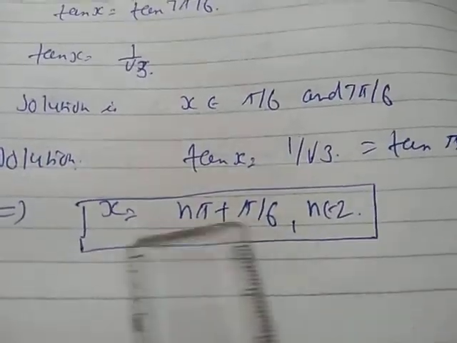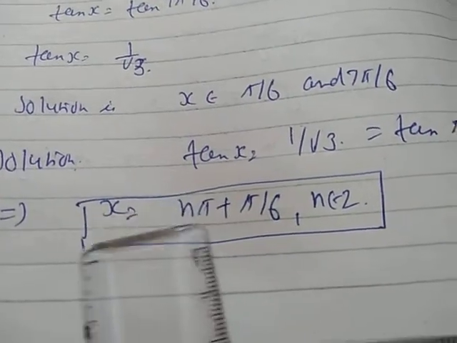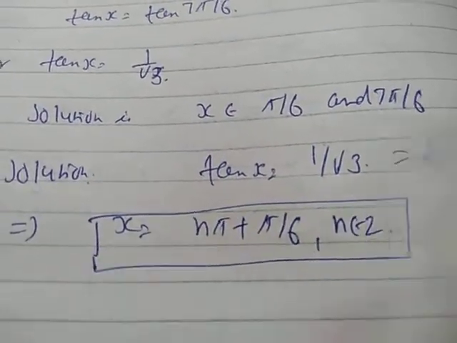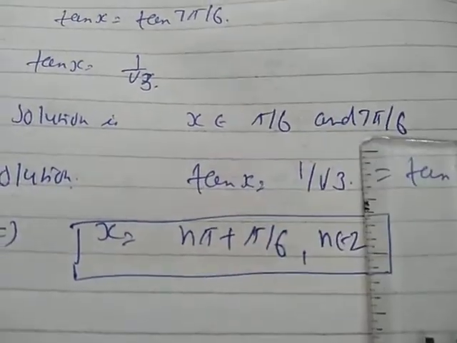Now children, just see here, for the general solution, the answer is in terms of small n. For the principal solution, the answer lies between 0 and 2 pi. In the same way, the next question is